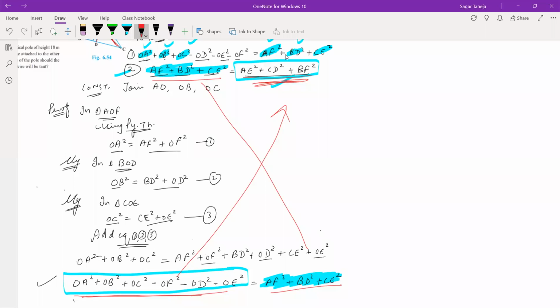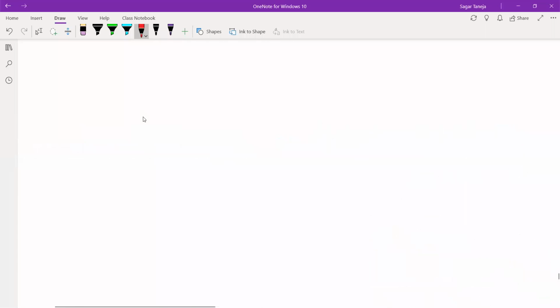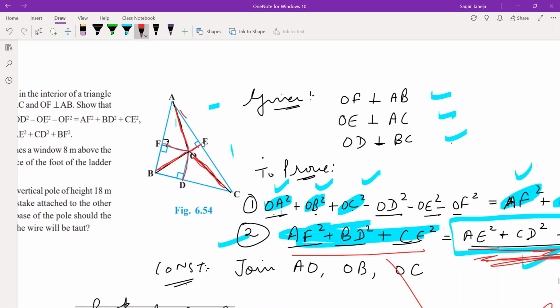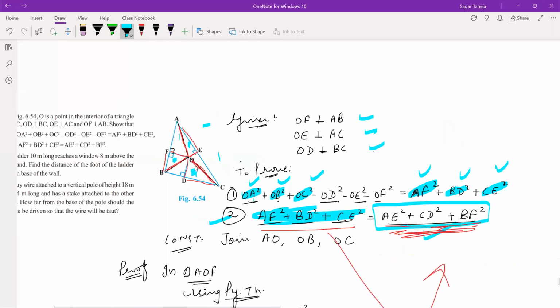So, with this, I am going to link this AE, CD, and BF. So, let us mark here AE, CD, and BF. So, we got the three triangles. First triangle is this, second is this, and third is this. Yes, no, this red covered triangle, this with red covered triangle, and this with red. Now, with the help of this, we'll be able to prove what is required.